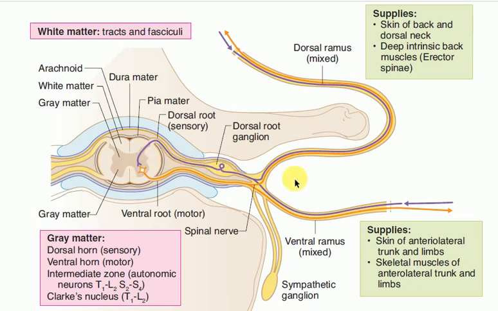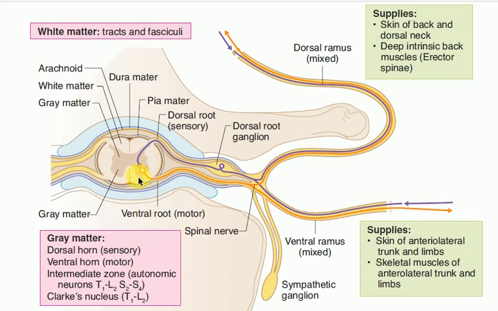As you can see, all the sensory information from the peripheral receptors: pain, temperature, pressure, touch, 2-point discrimination, proprioception, all these receptors, when they get stimulated, they send their information, and it travels from the spinal nerve, and it is traveling through the spinal nerve and back to the dorsal root ganglia. And the dorsal root ganglia, then they're relaying that information to the center, and all that information ends up in the dorsal horn. So the dorsal horn is the sensory horn, and the ventral horn is the motor horn, and